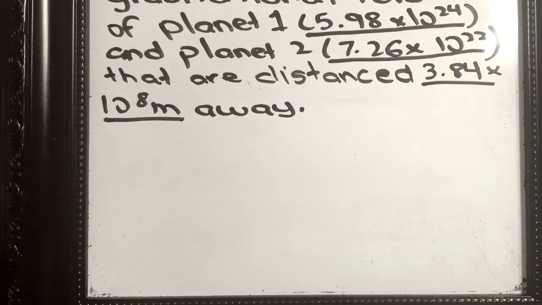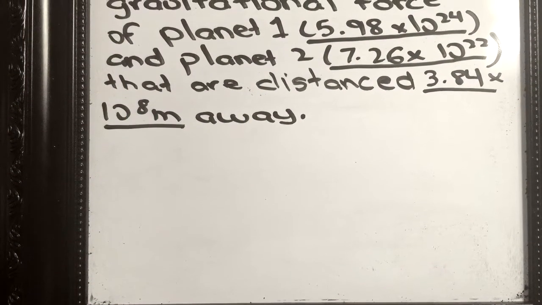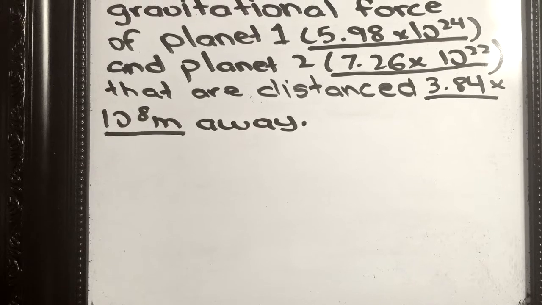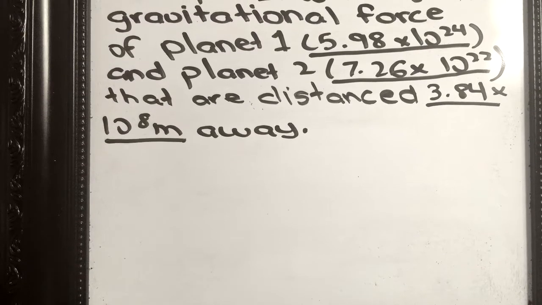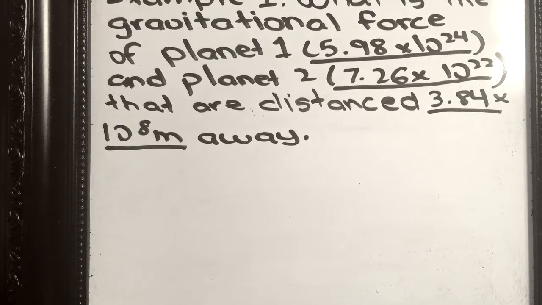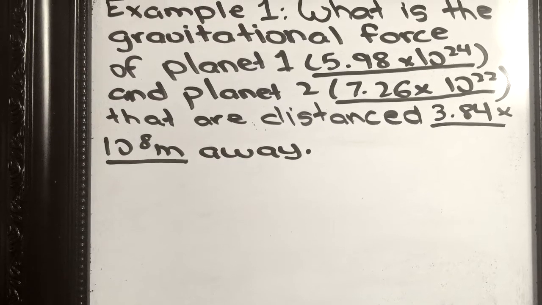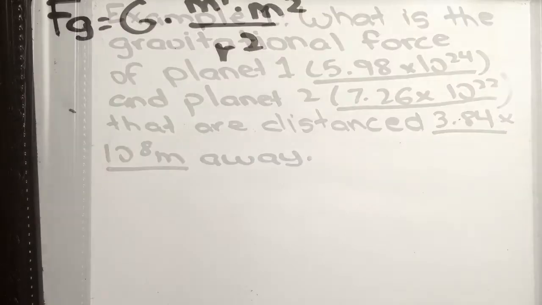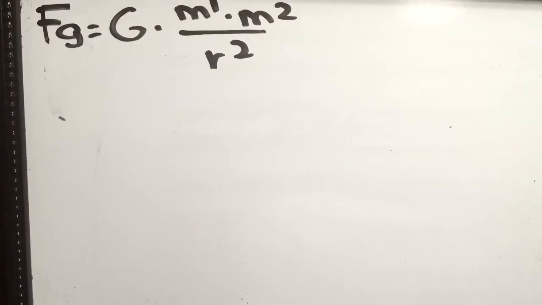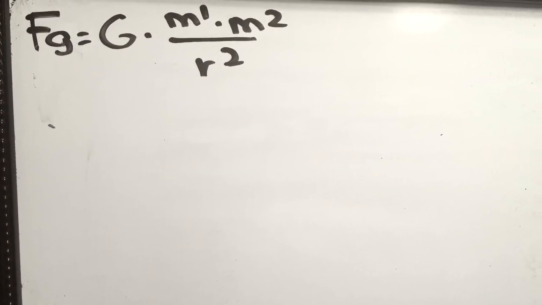Let's try an example for gravitational force. What is the gravitational force of planet 1, which is 5.98 times 10 to the 24th power, and planet 2, which is 7.26 times 10 to the 22nd power, with the average distance being 3.84 times 10 to the 8th power? Just like for any other problem, you'd start out by writing out the formula, which in this case is